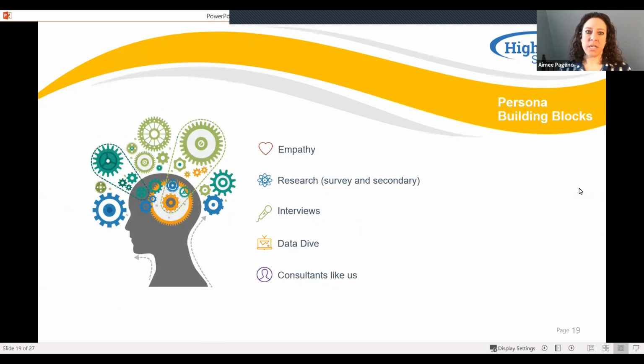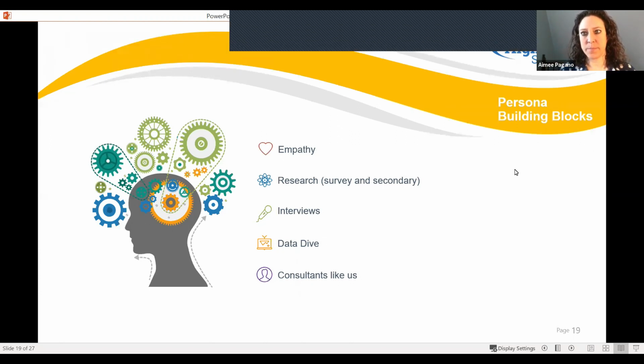Here are essentially, how do you get to these categories? So here are essentially the building blocks for these personas. And I guess it's pretty relevant for today that we start with the heart for empathy. I know it sounds really touchy-feely, but you need to empathize. So you really need to sit in your personas' or your constituents' shoes, or their seat, their office chair, and really think through